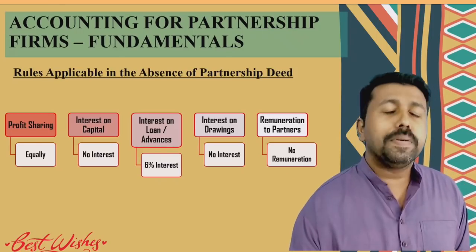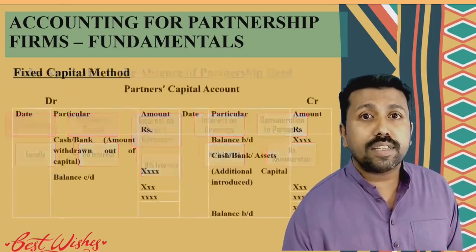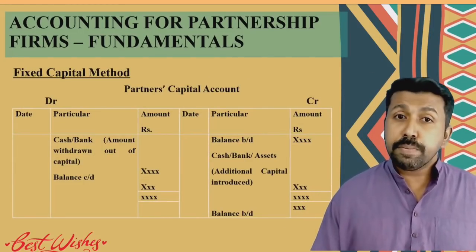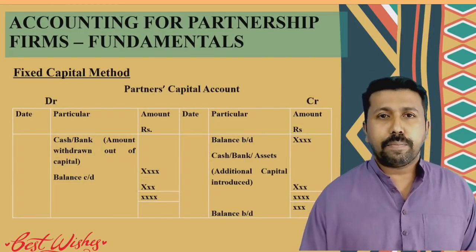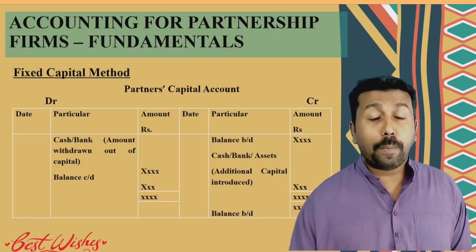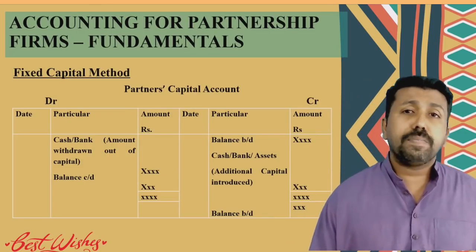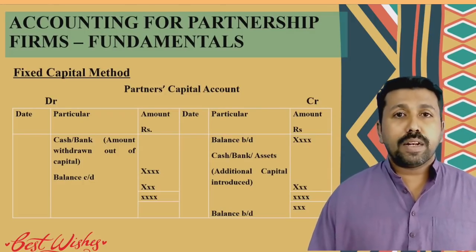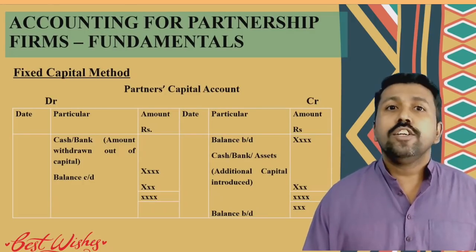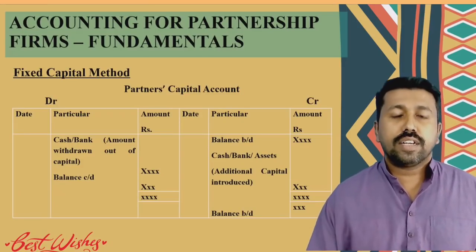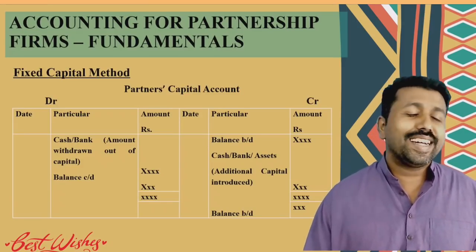So my dear students, please remember all these valuable points, and we can expect some questions based on that. When we move to the final accounts of partnership, we have to remember very well the two methods of preparation of capital account of partners: fixed capital method and fluctuating capital method. Fixed capital, why is it fixed? You know very well, two accounts are prepared: partners' capital account and current account.